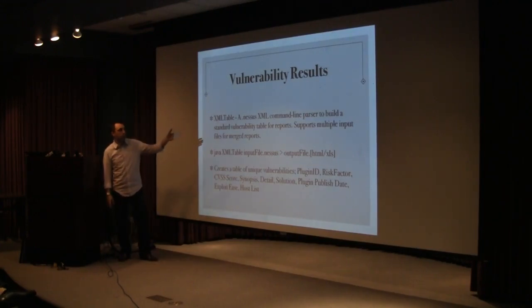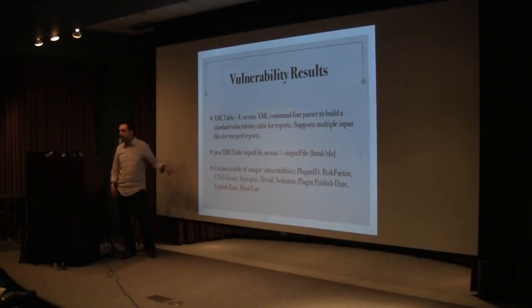Anyway, it's going to give you an Excel-based spreadsheet of all of the important data that I found within the .nessus format, which turned out to be the plugin ID, so I have some unique thing to index on, and what the risk factor is. I've been keying on the CVSS score, and for better or for worse, what it gives me is an actual tangible number to do some type of statistical analysis on, and that's one of my future projects, is to kind of explore what I can do with CVSS as far as,